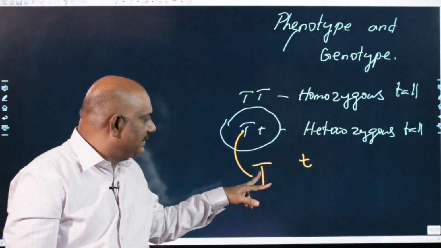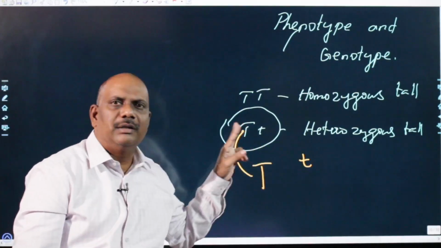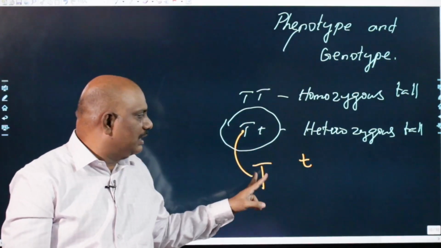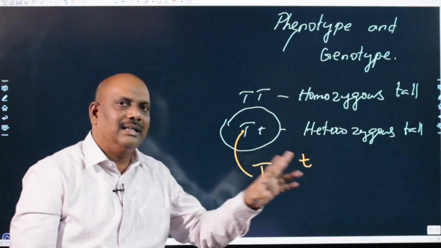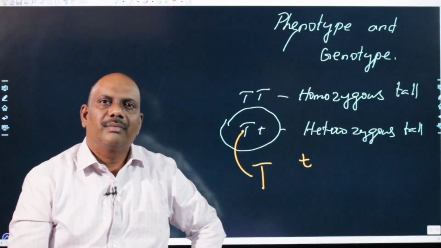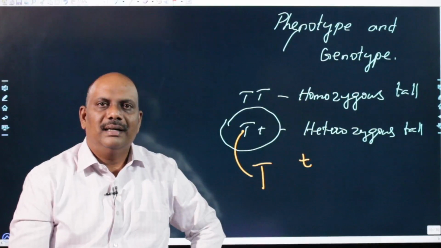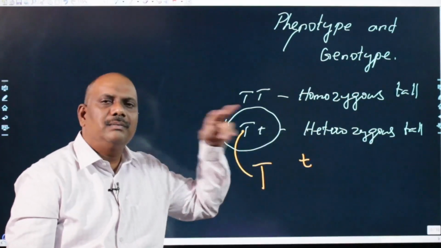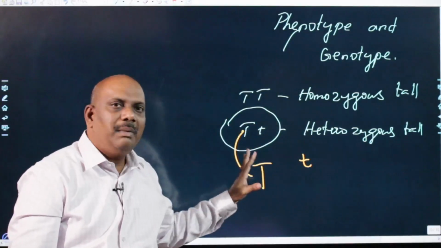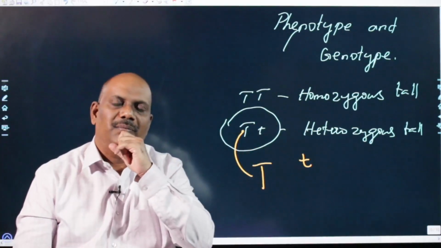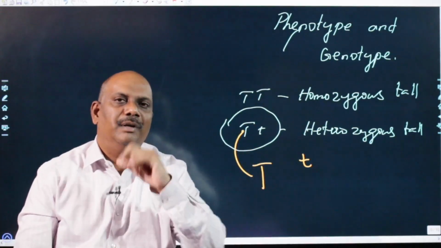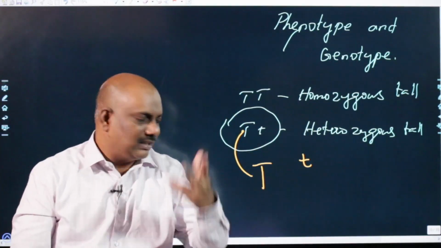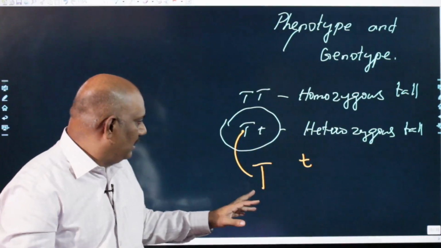This gene suppresses the expression of this particular gene. So this is a dominant gene and this is a recessive gene. So under heterozygous condition, it is only the dominant gene which will express. This is called the law of dominance. Then let us now continue our